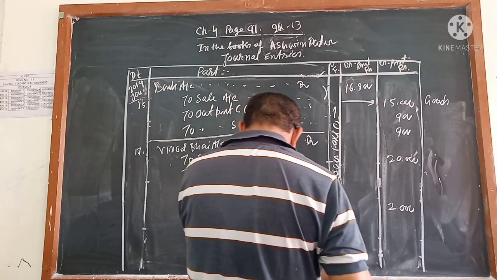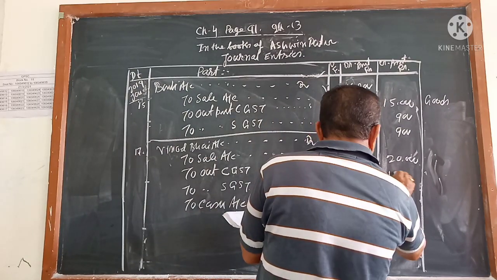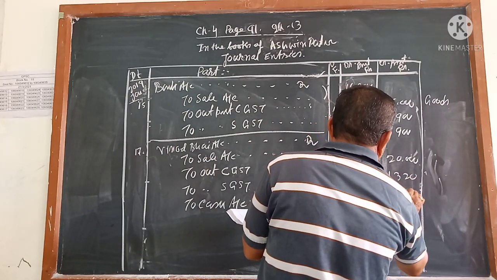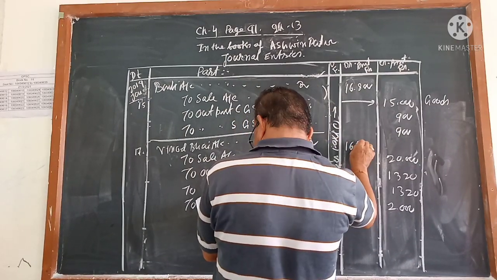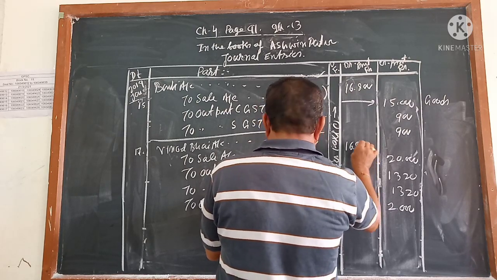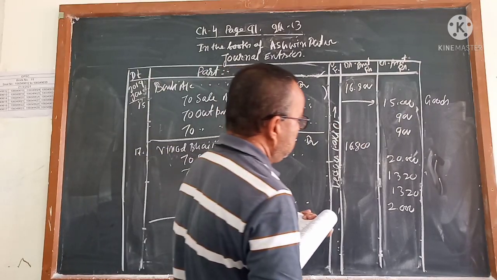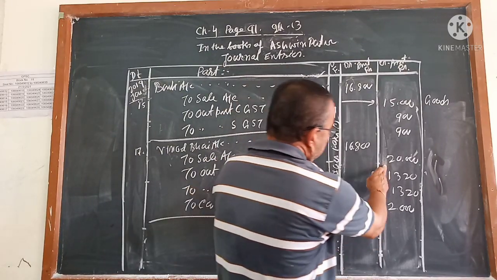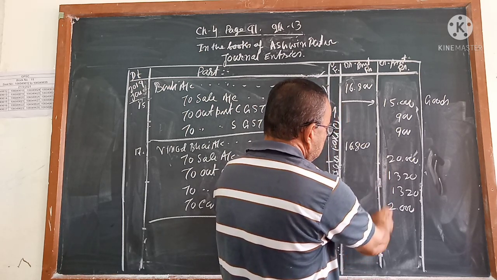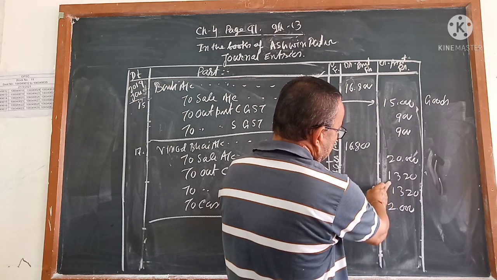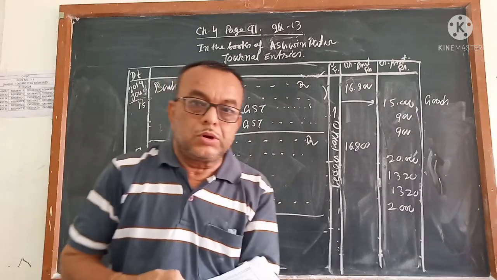Okay, so sales is 20,000, cash is 2,000, total 22,000, and you have to calculate 6%. If you calculate 6%, you will get 1,320 and 1,320, and the total amount you are getting is 24,640. You have to write it here. Understand or not? This is 20,000 goods, 2,000 railway freight, 22,000 at 6%. These are 1,320, 1,320, and this is that. Those are the things you have to understand.